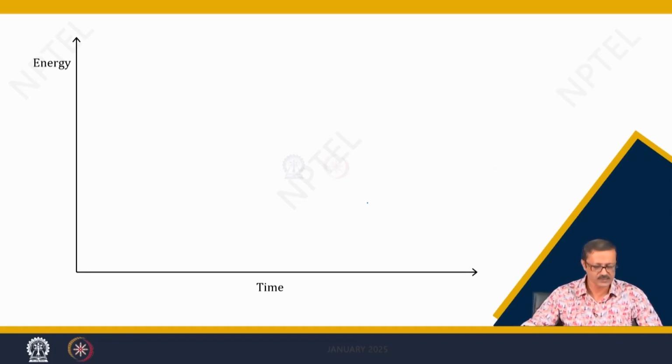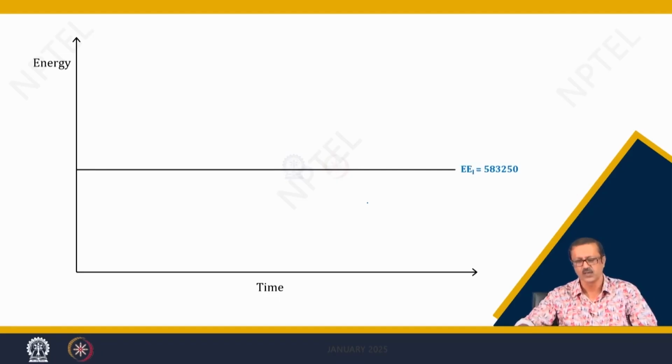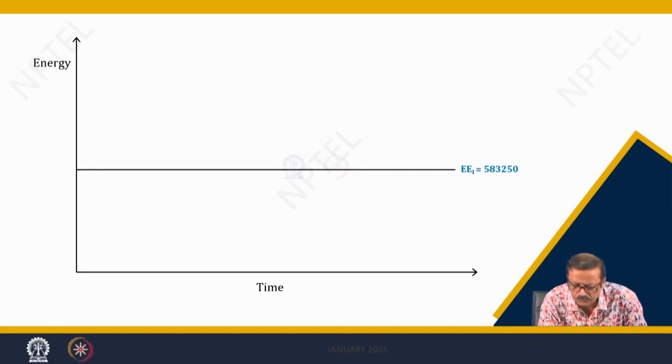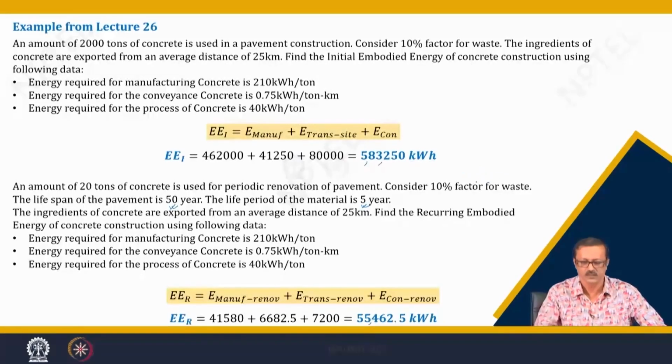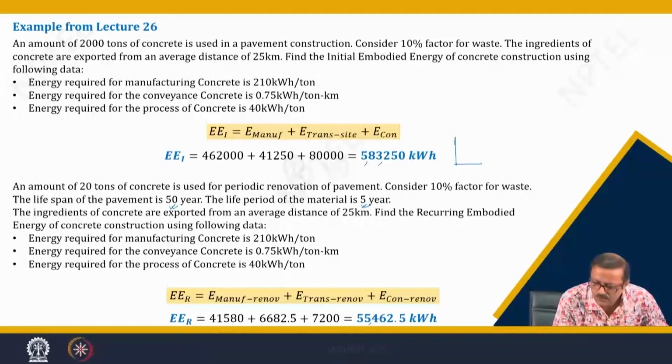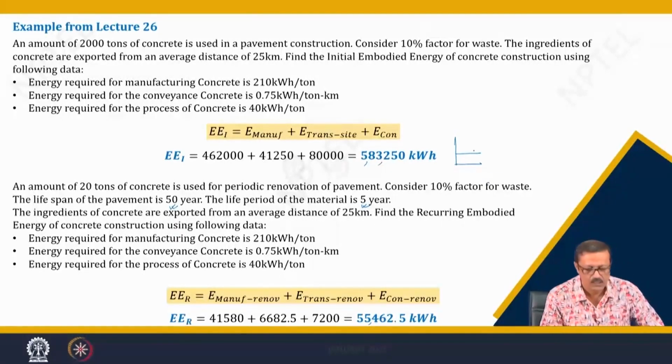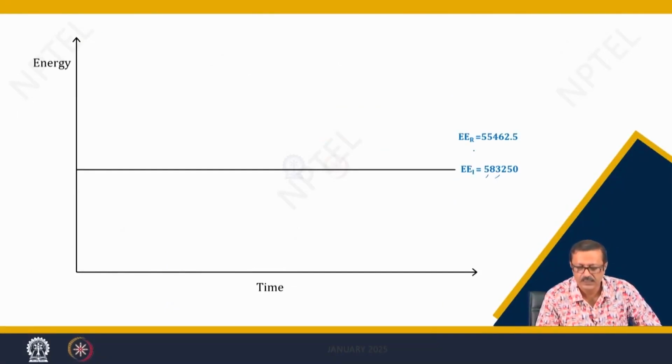So, first let us draw a graph on the time versus energy scale. The first one is the static, which is your 5,83,250. Which one is this? This is a flat line, right? And then the ER is